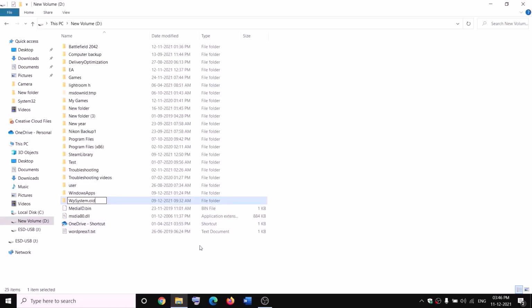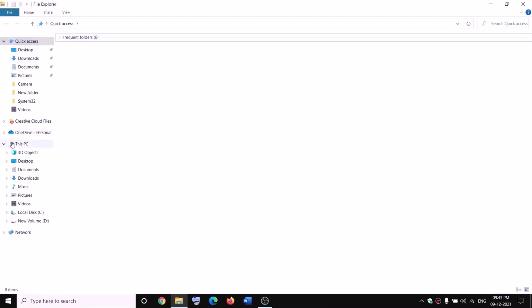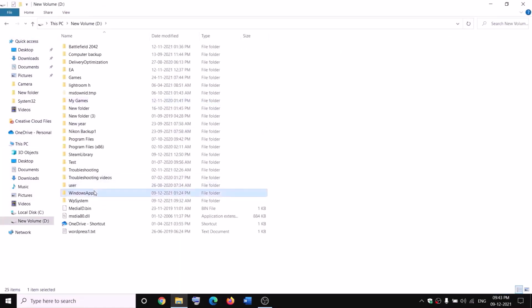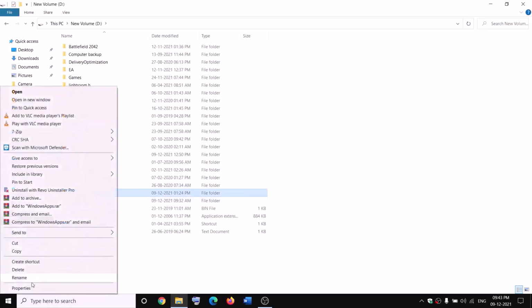Now, if you still face the problem, in that case you can go ahead and restart your computer and then try to rename it once again. Open File Explorer, go to This PC, open D drive, then right-click on WindowsApps and then rename it. Now, before renaming, you have to take ownership. Right-click, then click on